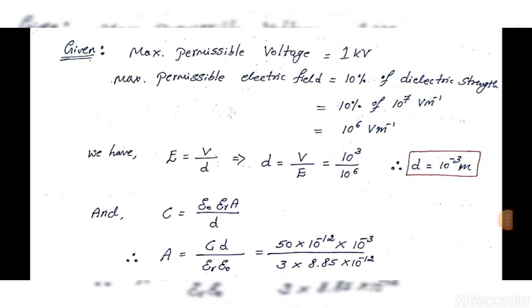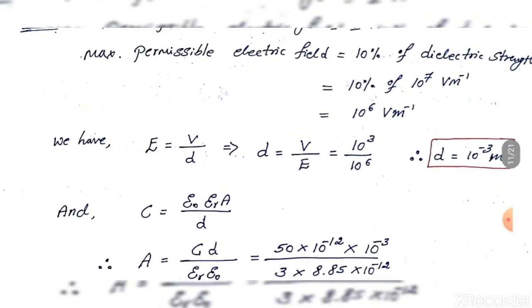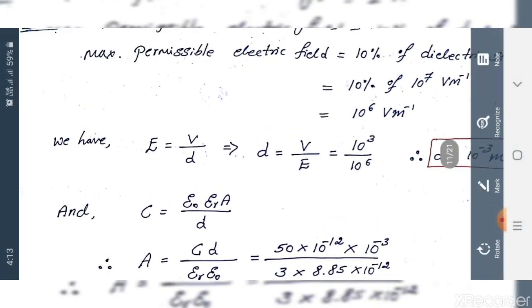Look at the data. The maximum permissible voltage, the voltage rating, is given, no? That is 1 kilovolt. And the maximum permissible electric field, for a safety measure, they mentioned, is 10% of the dielectric strength, right? So 10% of the dielectric strength, which is 10 power 7, will become 10 power 6. Correct? So now we have the relationship between the electric field and the potential, that is, E is equal to